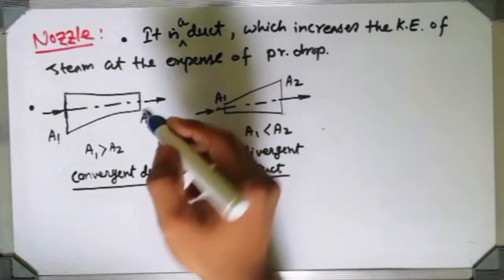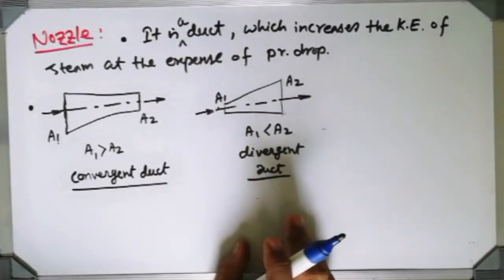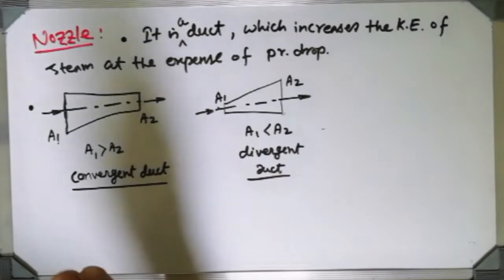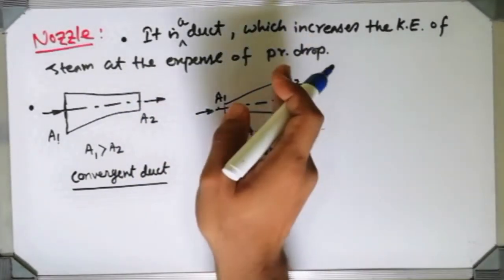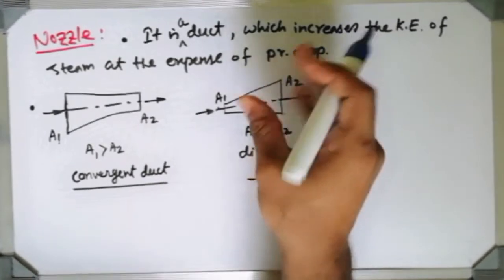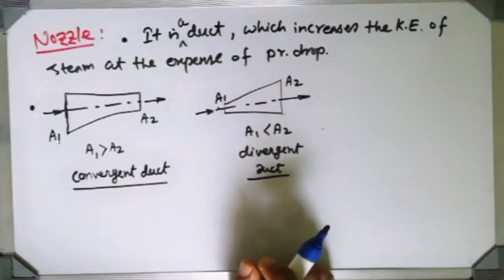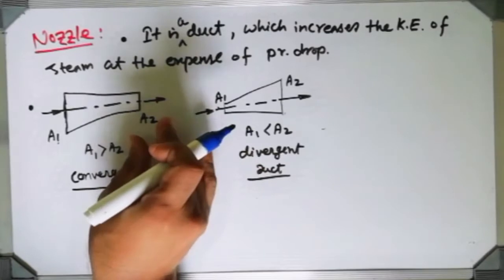The cross section of them is basically a circular one. So the duct is said to be divergent if the final, outgoing cross section is greater than the incoming. And if you combine them both,